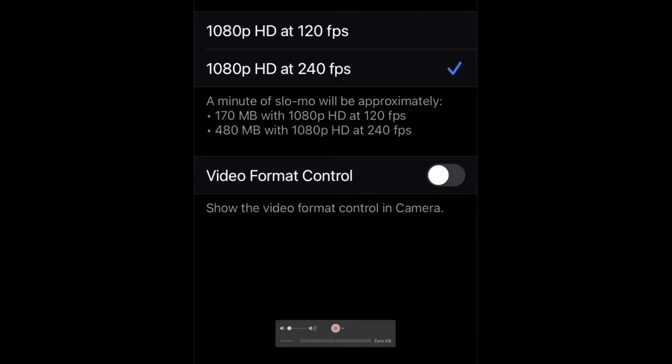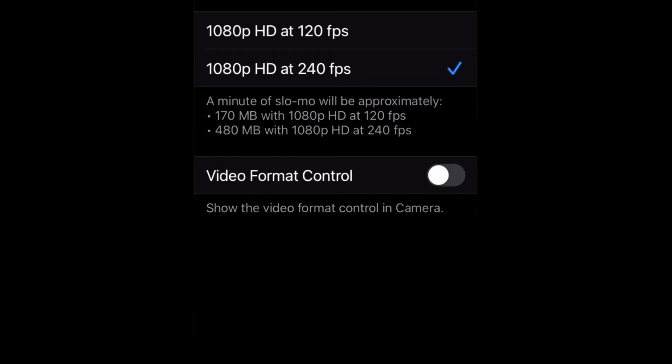So in here, you have your two options. You have 120 frames per second and 240 frames per second. Yeah, I like 240 because that gives you more options down the road. It takes more space, obviously, because you're shooting twice as much. The first thing is, when you're shooting more frames per second, you also need more light. So you need to be outside or have a ton of light inside to shoot 240 frames per second. But when you're outside in the sun or even light cloud, either setting should be fine. And my general policy is more frames per second is better if you can do it.